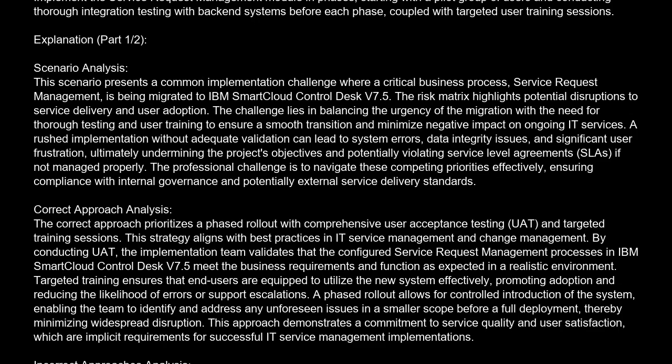Correct answer is B. Implement the service request management module in phases, starting with a pilot group of users and conducting thorough integration testing with backend systems before each phase, coupled with targeted user training sessions. Explanation. Scenario analysis. This scenario presents a common implementation challenge where a critical business process, service request management, is being